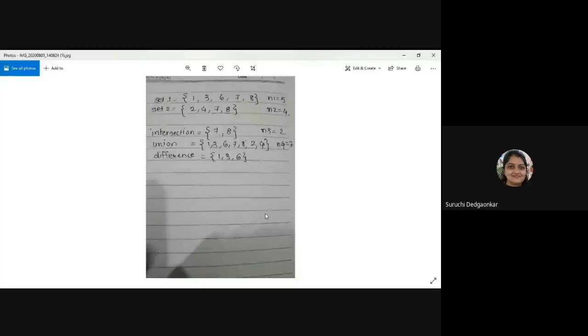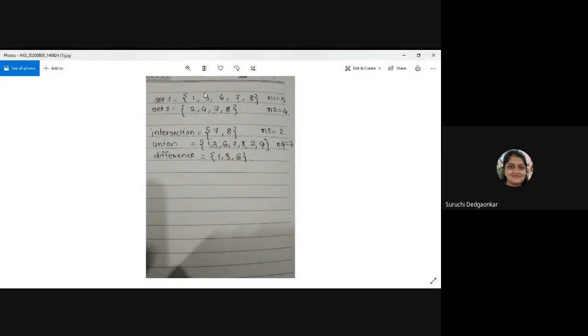This is actually a very simple example, but for complex examples also, paperwork is very important before you start actual coding. So this is the simple problem which I have solved on paper.